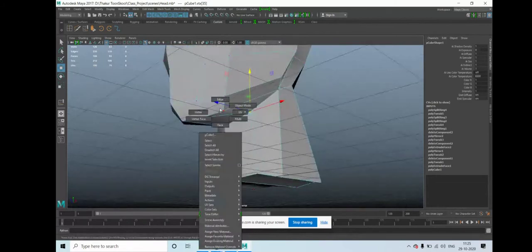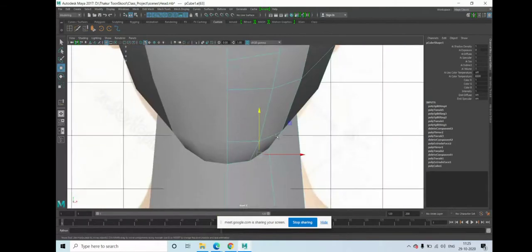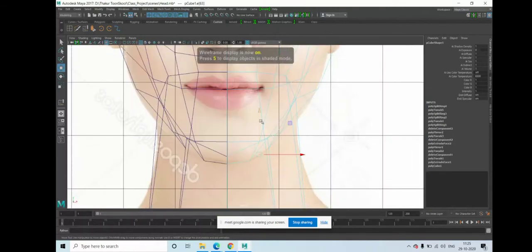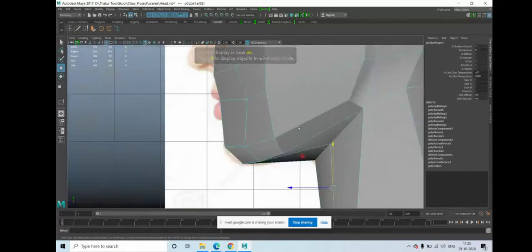Even this one, I'm not very much satisfied with this. On the side view,